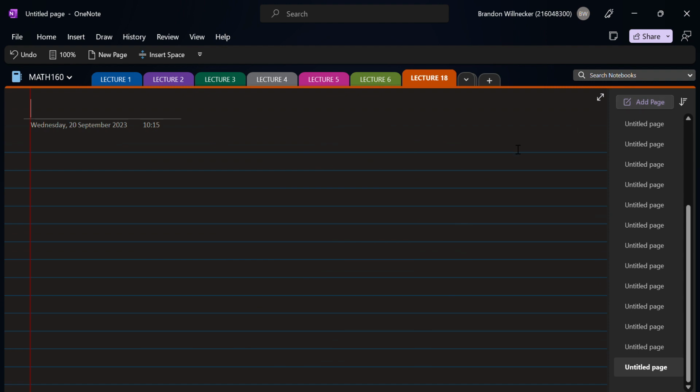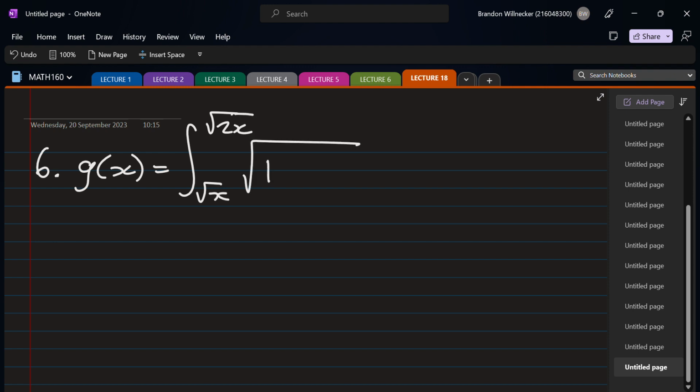Okay, number 6. G of x is equal to the integral from root x to root 2x of the square root of 1 minus t squared dt. Okay. Same problem as before. We've got a function of x at the bottom, function of x at the top. We need to split it up into the two parts. So here, integral root x